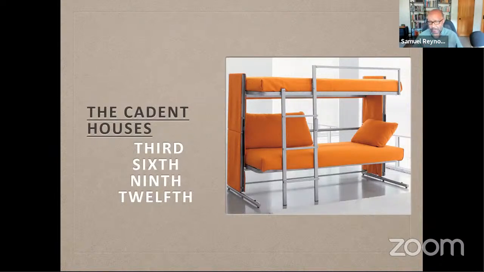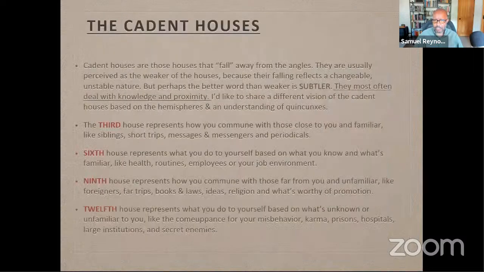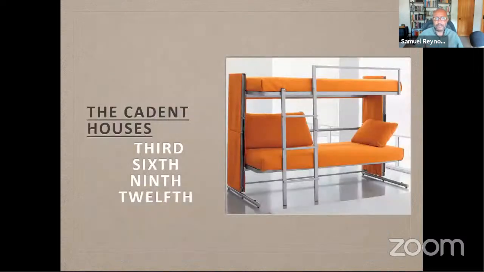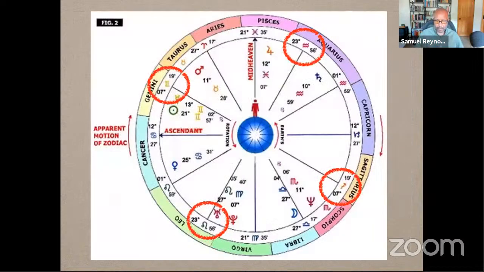Now we move to the cadent houses. A word about that image, because I've gotten a question about it. It's like, what is that about? Why do you have that? Bunk beds. I will elaborate in a second, but I don't think I mentioned what cadent houses are. So I'll just give you the image and then why they call it cadent. That image is just an allusion to having siblings. I had a bunk bed because I shared a room with my brother, and the third house, one of the things you're about to learn, is related to the idea of siblings. That's it. So the cadent houses are the 3rd, the 6th, the 9th, and the 12th.